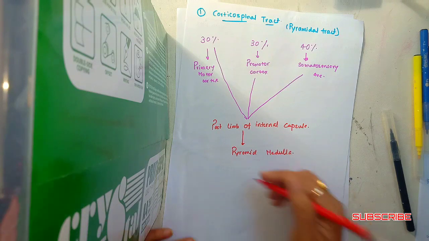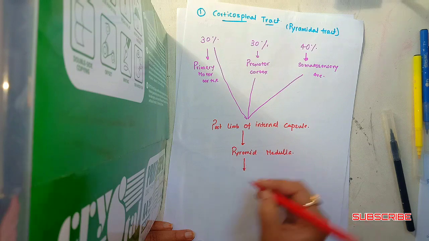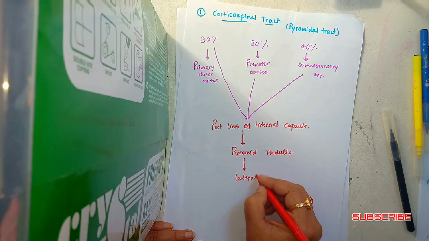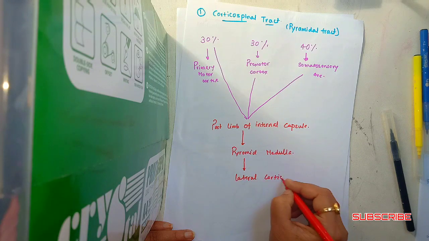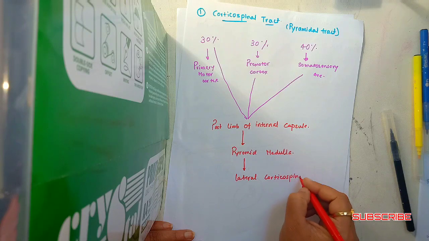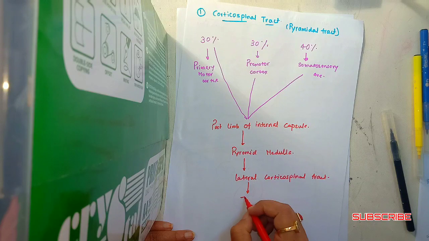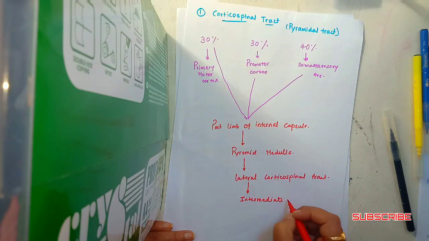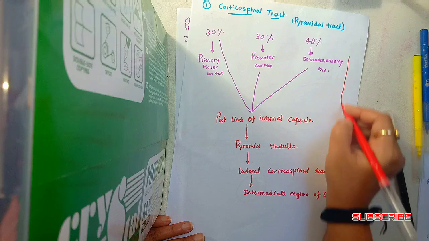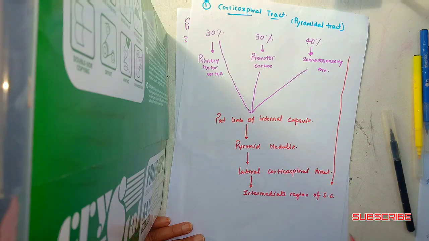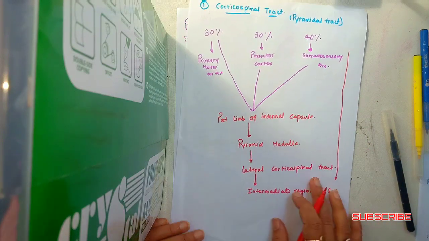Okay, then it descends into the lateral corticospinal tract and then to the intermediate region of the spinal cord. Okay, this is one way to go to the intermediate spinal cord, and the other way